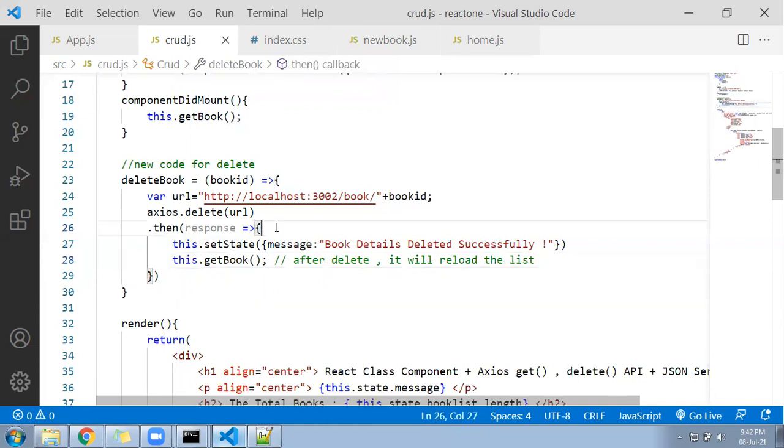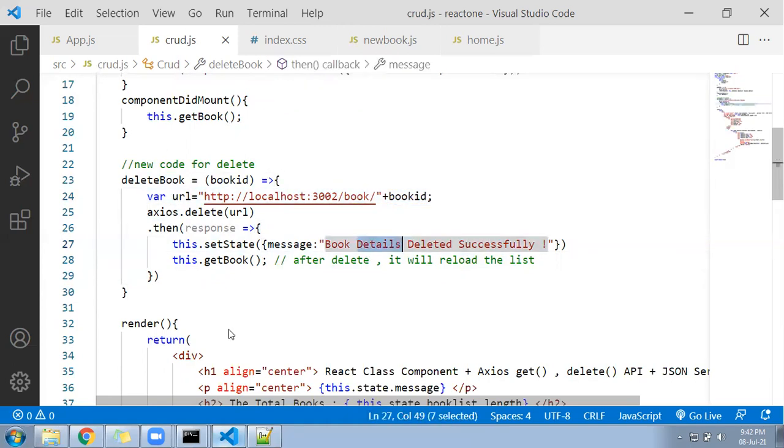Okay, now everything is ready. This is just a simple function, nothing to do in that. So to this book array in the JSON file, you need to pass the ID with the help of the axios.delete function. Delete function on this URL, whichever the element exists, that will get deleted. After that, the message we are generating manually anyhow.